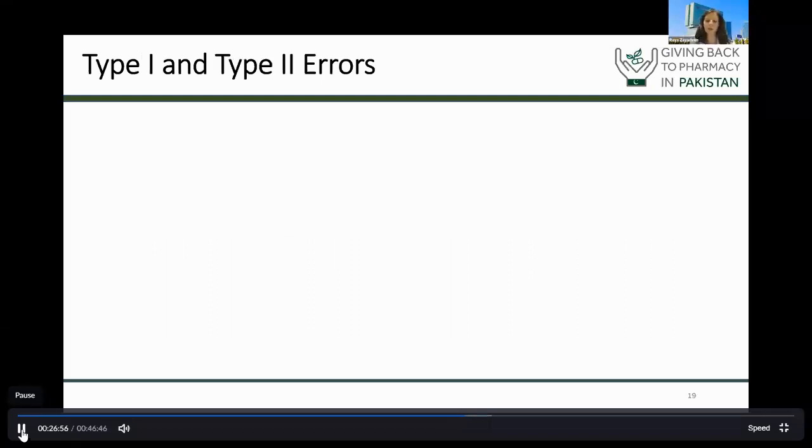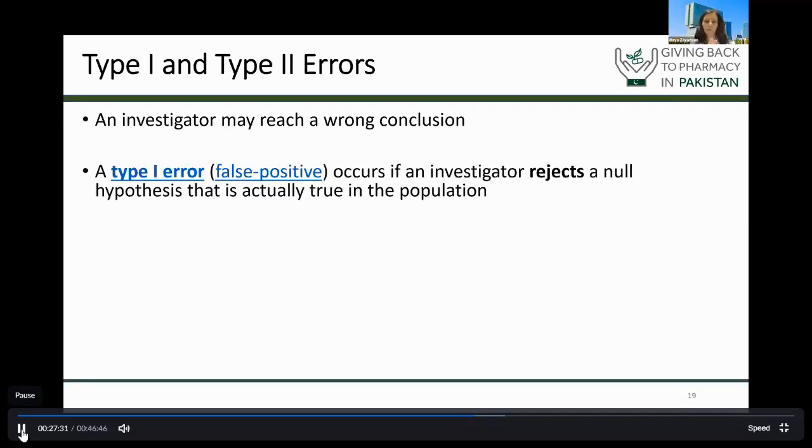Now, there are multiple systematic errors that you might come across when you reach your conclusion. Say you did your hypothesis, you practiced your research question, you have your sample, you did the statistical tests, now you reach a conclusion. How correct is this conclusion? It depends on how well you designed your research and whether or not you used the right tests, but there are some things that you cannot entirely eliminate, but you can minimize. So an investigator may always reach a wrong conclusion, and those we refer to as type 1 and type 2